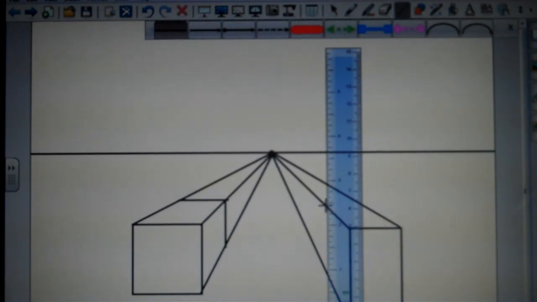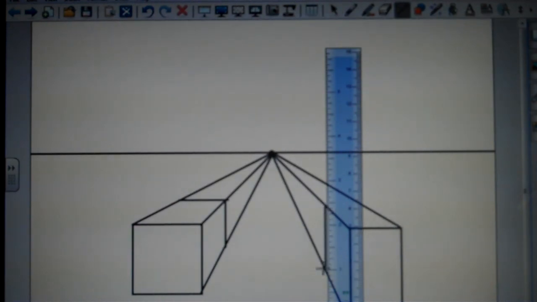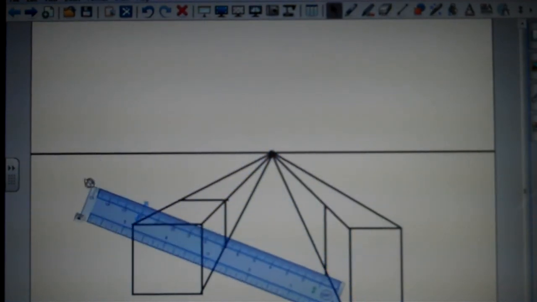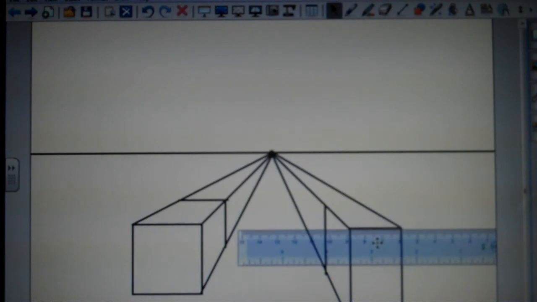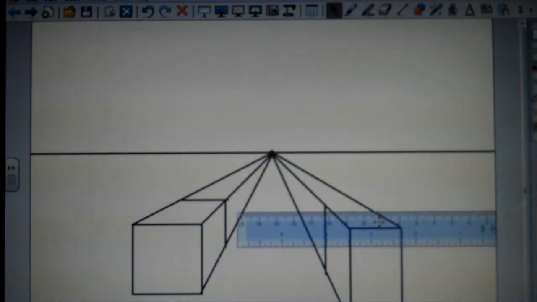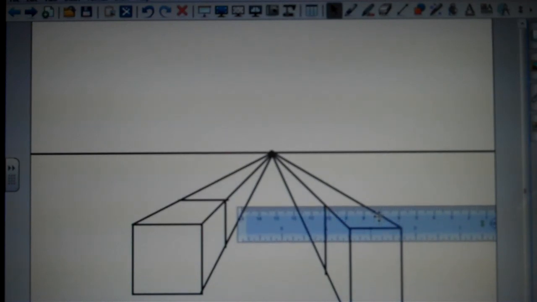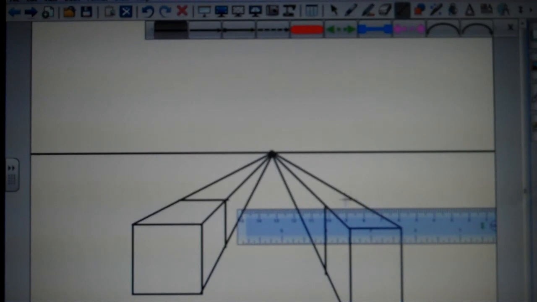I'm going to go ahead and create that parallel line. I'm going to go ahead and then turn my ruler so it's horizontal. And I will then line my ruler up with the top of my rectangle. And I'm creating a parallel line with the top of the rectangle, but it's then going to be perpendicular with the side,